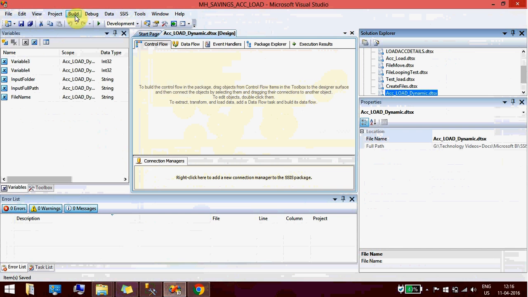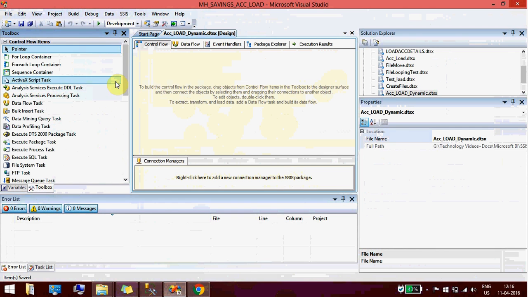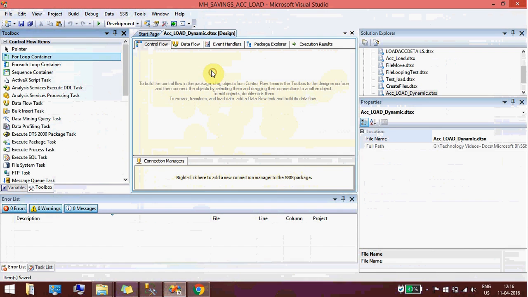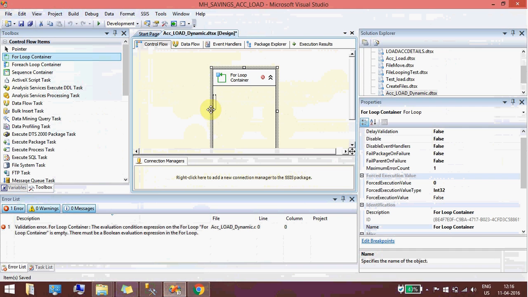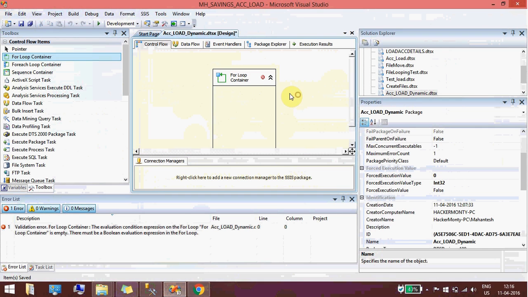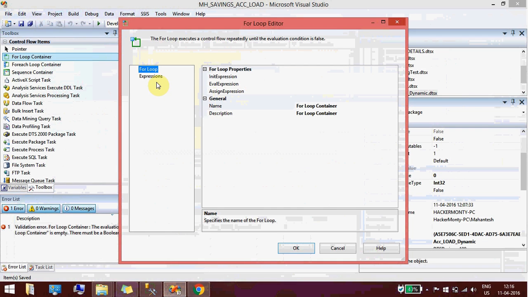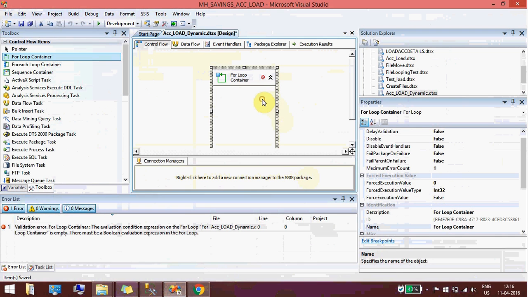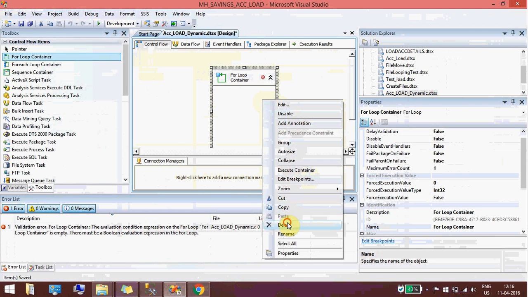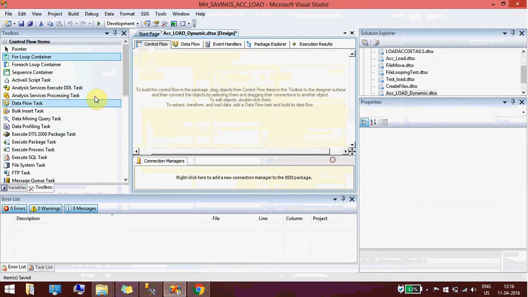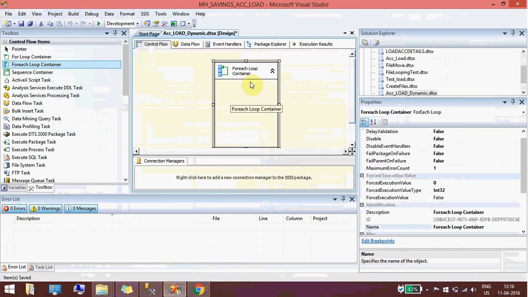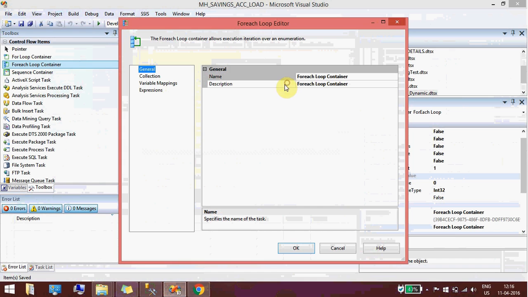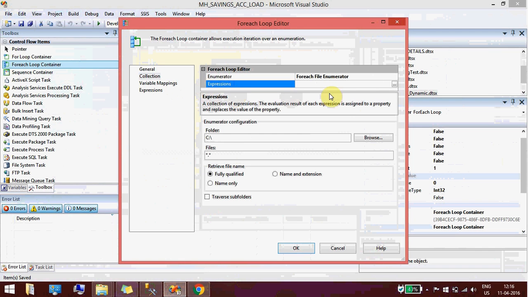First, I'll drag a for each loop container. Sorry, for each we need to take. Because each file you are loading one at a time, right?